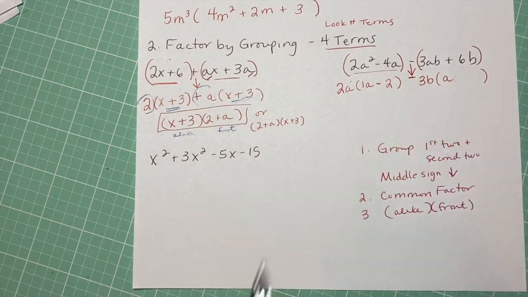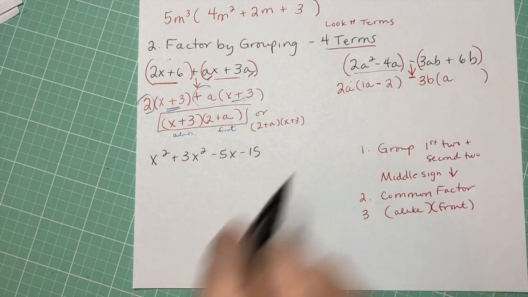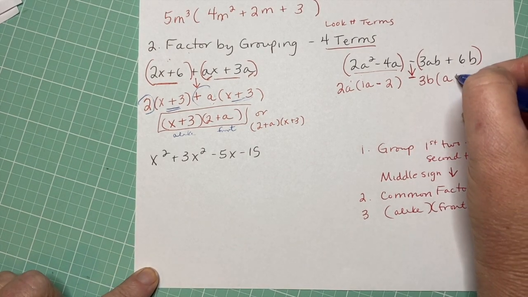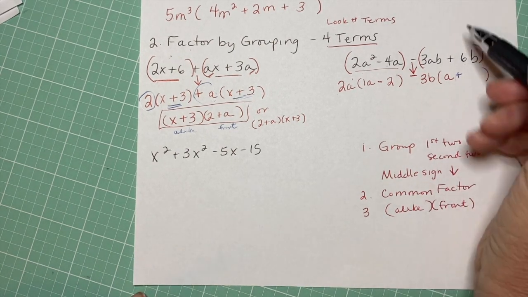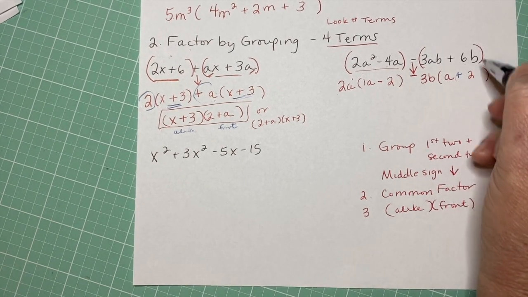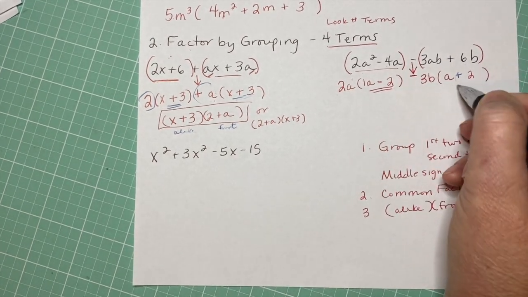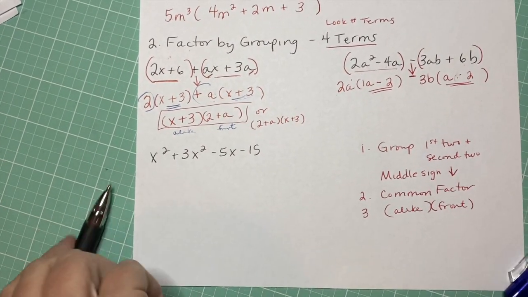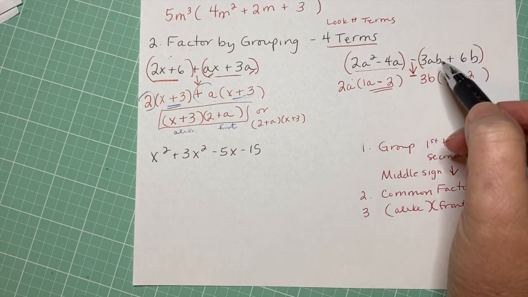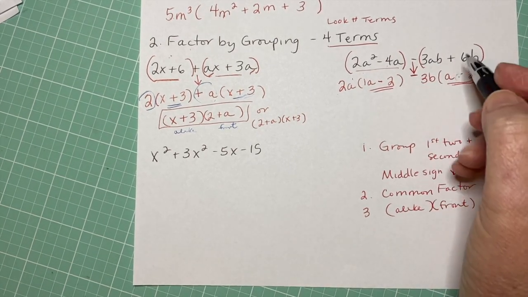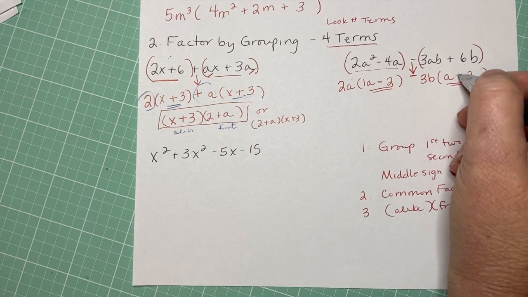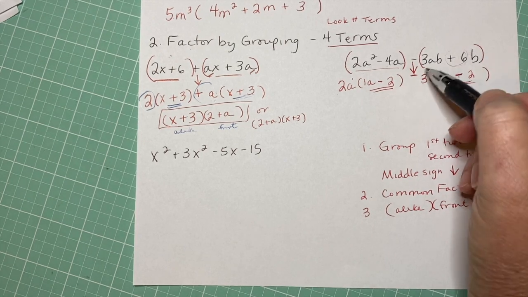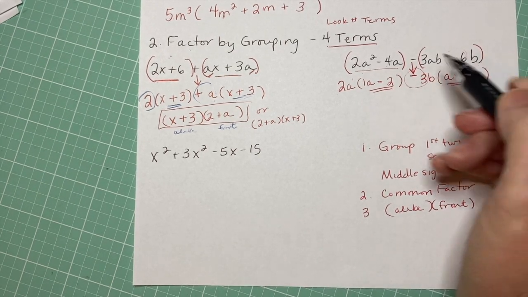But this sign right here is where most people make a mistake. And so I'll do it wrong first. I'll do it in red. If you get in a hurry and you bring down a plus, and then you keep going, 6 divided by 3 is 2, and the B's cancel, you notice these are not the same. And that's because of that negative right here. When you bring down a negative, it's going to change that sign, because remember when you distribute a negative, it changes the sign. So if you don't catch it till the end and just replace it with a negative, that's perfectly okay. Or just think a positive 6 divided by a negative 3 is a negative 2, because these need